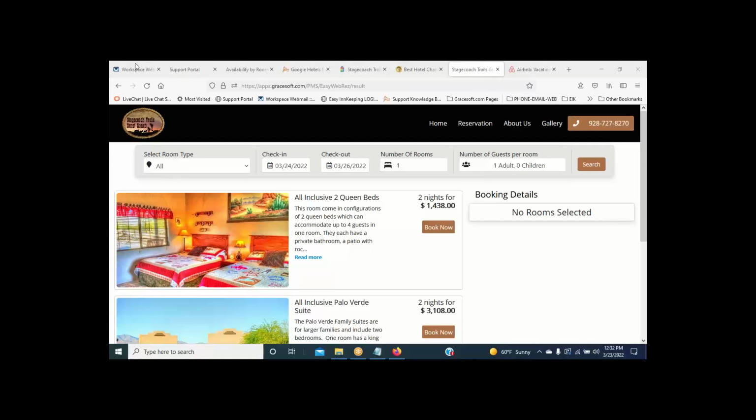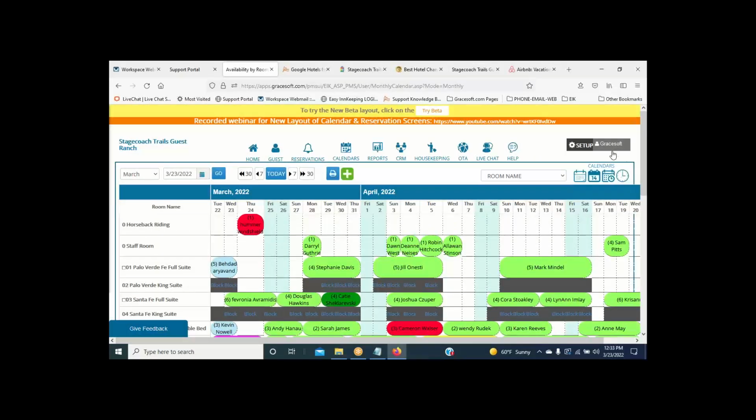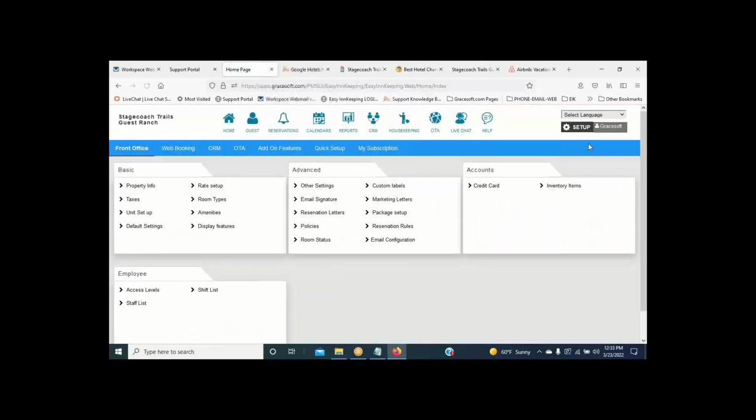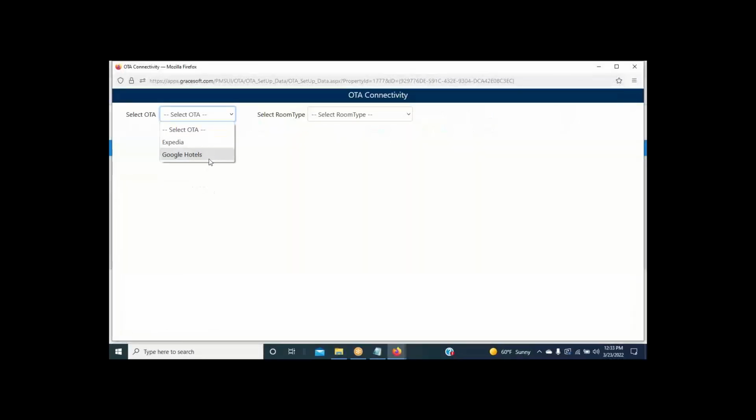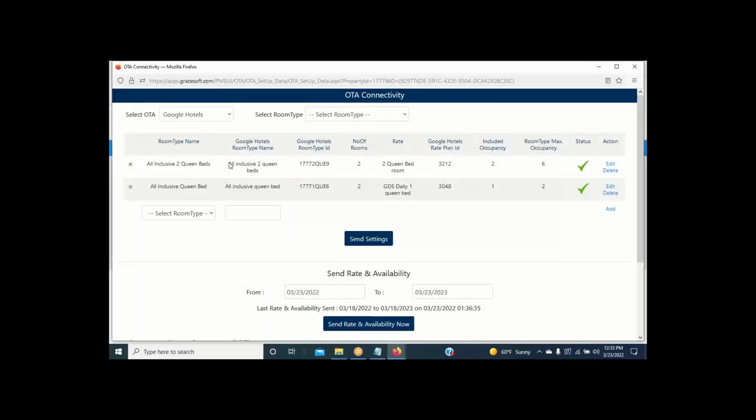And then the only other thing I'll take one more minute to show is the setup area again. Very similar to Airbnb, once you have your rates, everything the way they need to be, minimum nights, on this one you're going to have a listing for Google Hotels under OTA connectivity. Really the only thing that you're sending again is the prices and the availability.